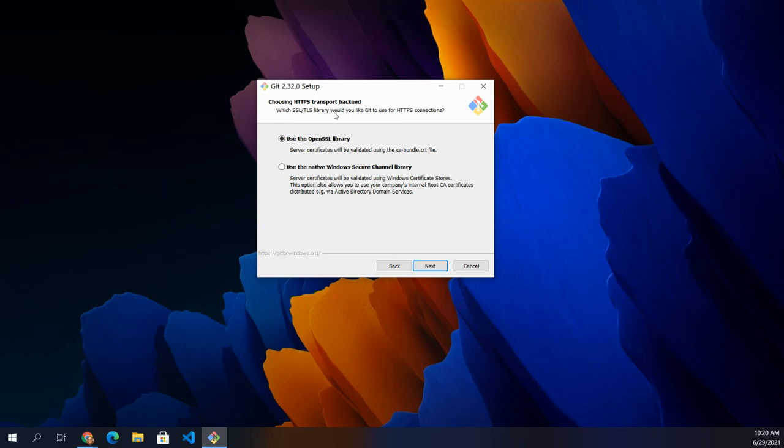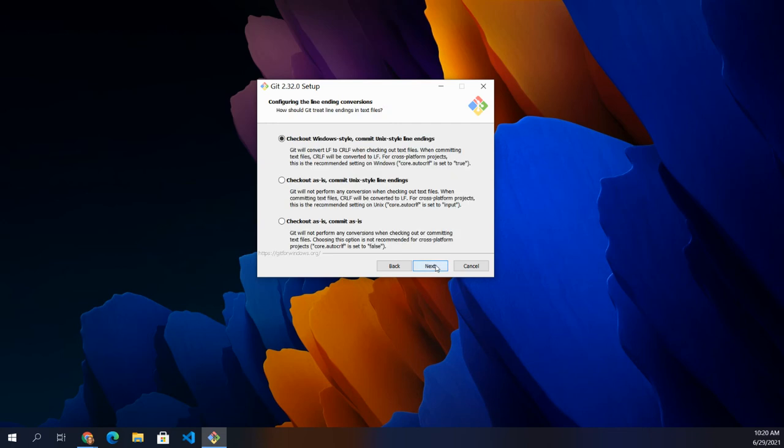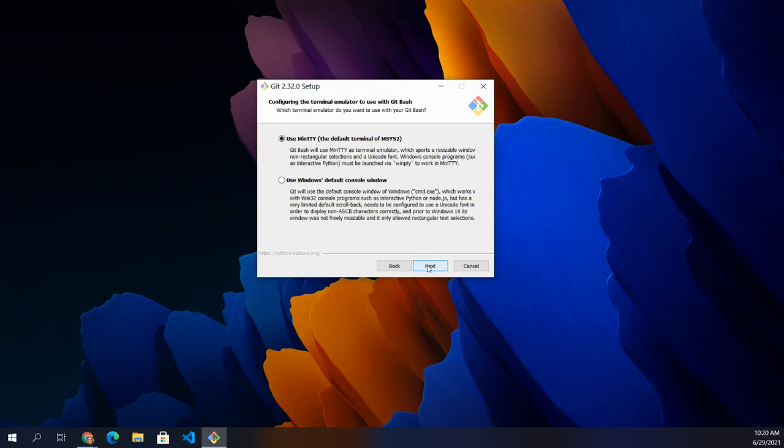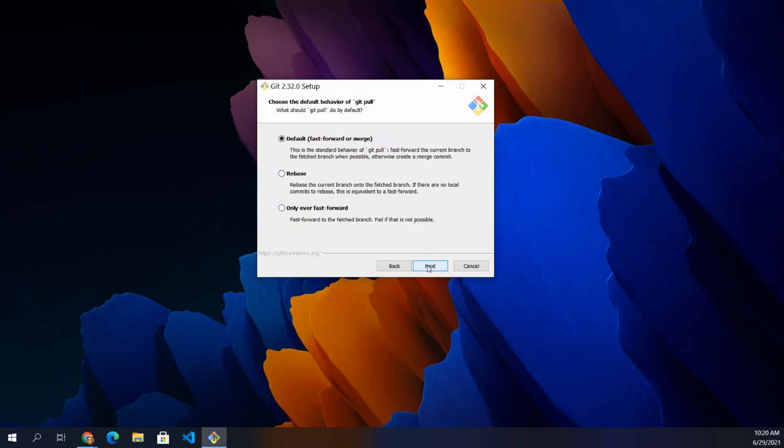Use the SSL/TLS library to get your HTTPS. Yeah, we'll use that. Hit next. We'll leave this as is, configuring line conversions. I'm just kind of defaulting through here. Now